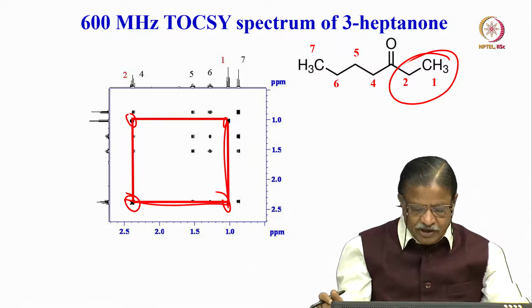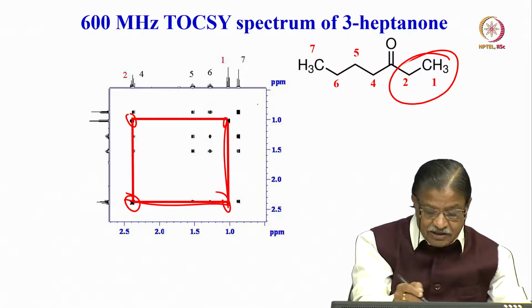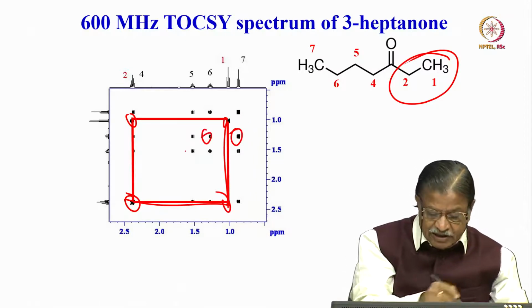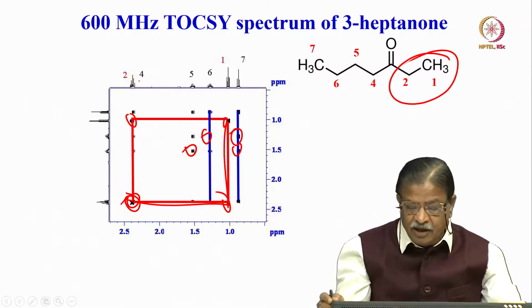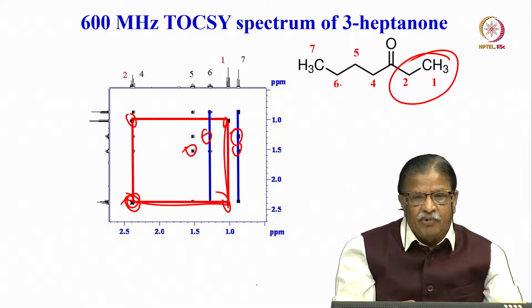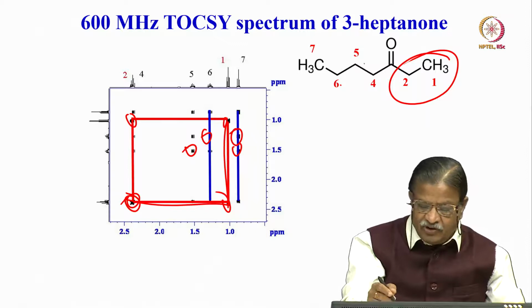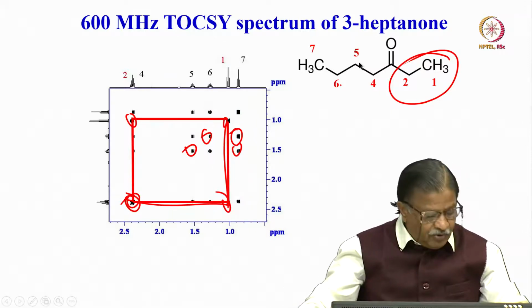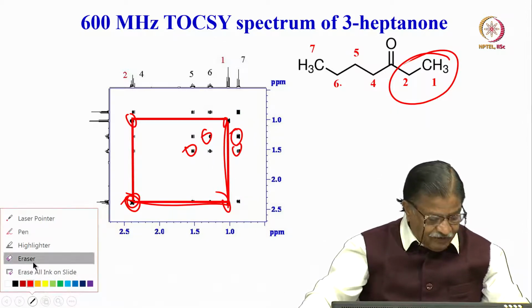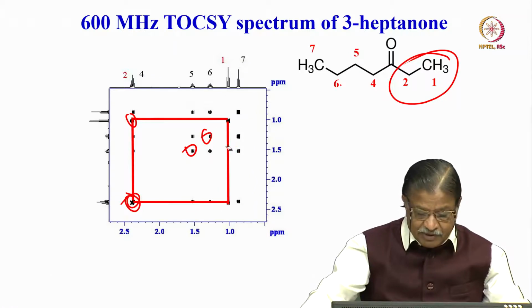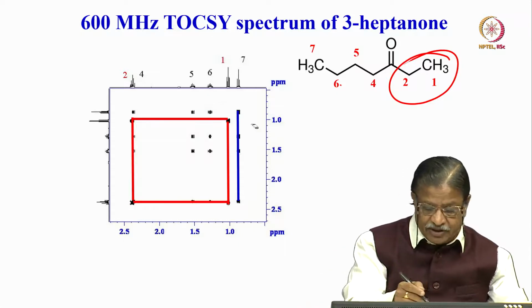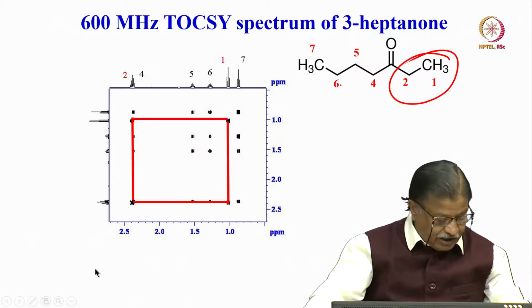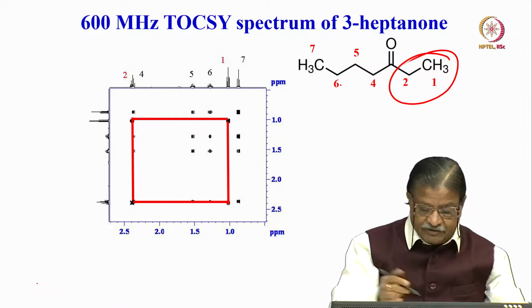Now, go to the other one, you see 7 and this is the diagonal, it gives a cross peak, this is another diagonal, it gives a cross peak, another diagonal, it gives a peak, one more peak is there here. So, 7 gives polarization to 6, 6 gives to 5, 5 gives to 4. See, it keeps going on like this, and finally the entire coupled spin system will gain polarization. See, here to here, here to here, polarization transfer keeps taking place.